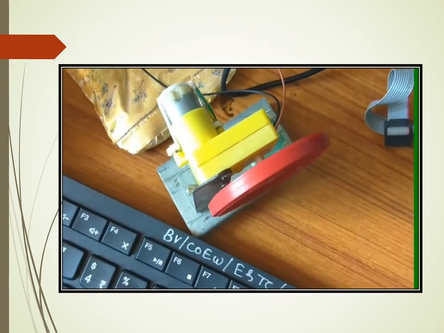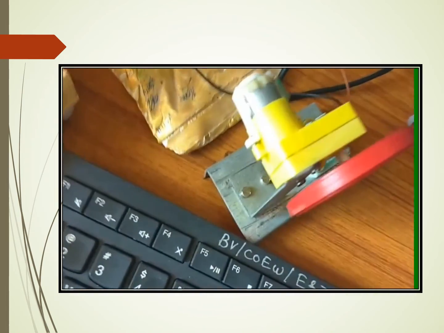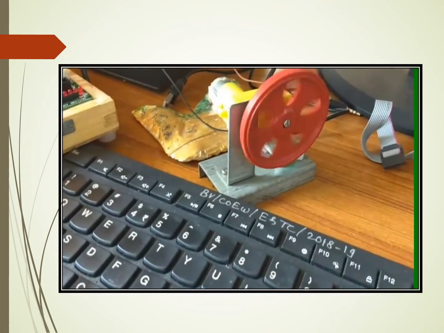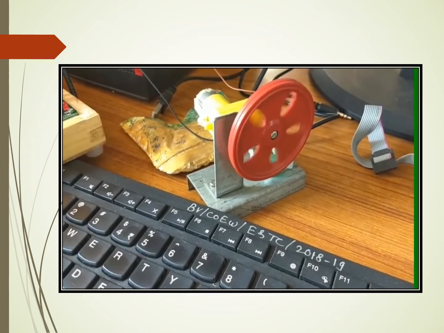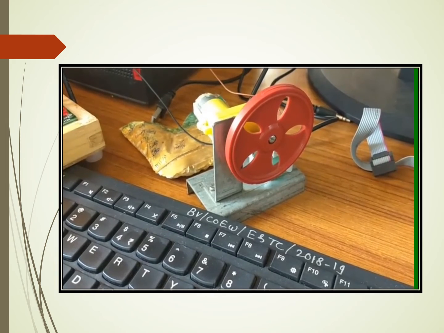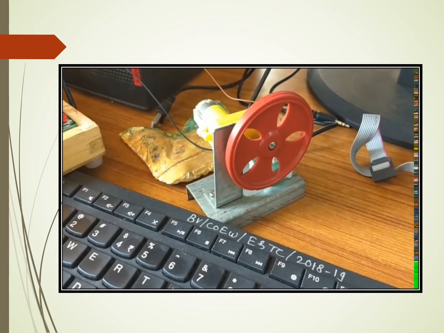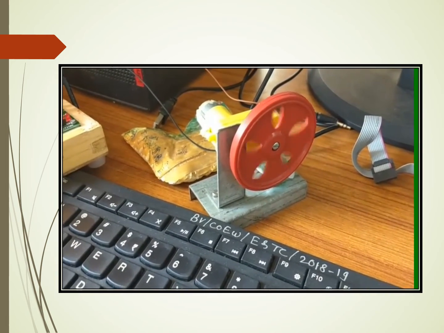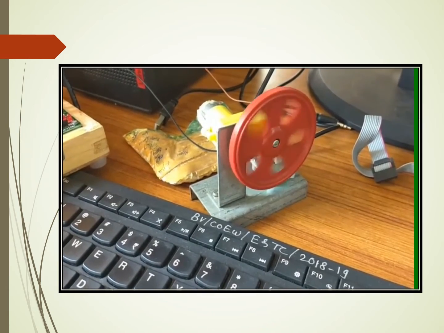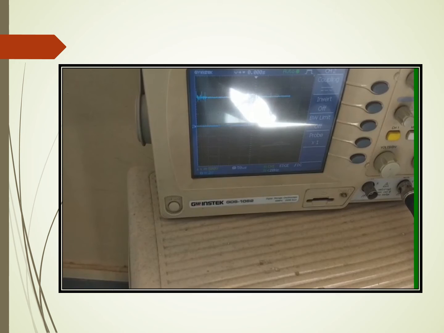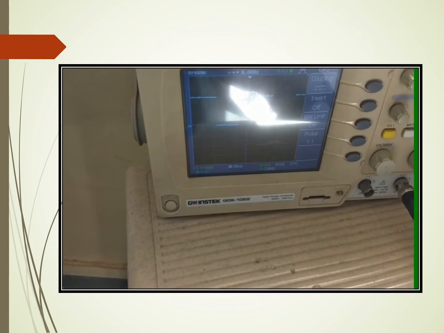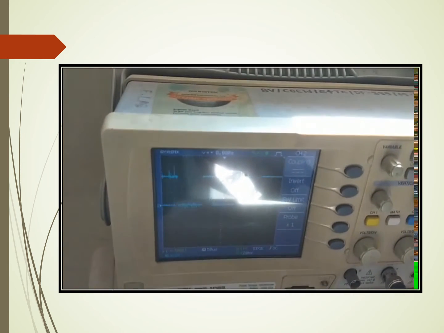Then we have downloaded the code, and as you can see, the movement is varying. See this. When it is 80%, it will move fast. Similarly, here you can also observe the 80% wave. Then 60%, 40% and 20%.